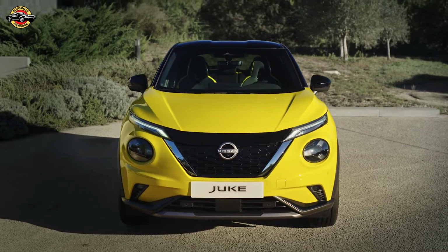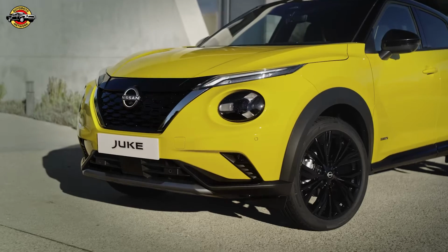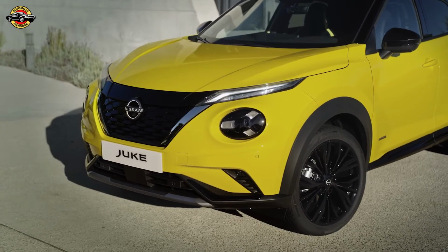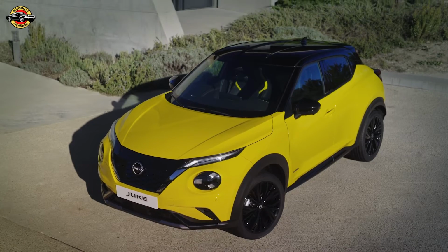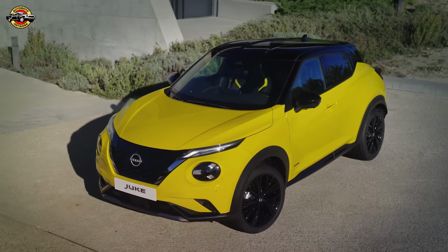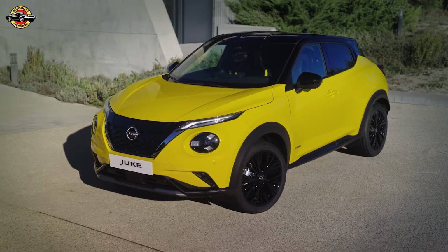The popular British-built Nissan Juke is getting a midlife refresh, and it's packed with impressive updates. Let's dive into the details. Nissan is turning heads with a striking yellow exterior color option, a callback to the first-generation Juke. The new N Sport grade adds dynamic qualities to both the exterior and interior, bringing a fresh and bold look